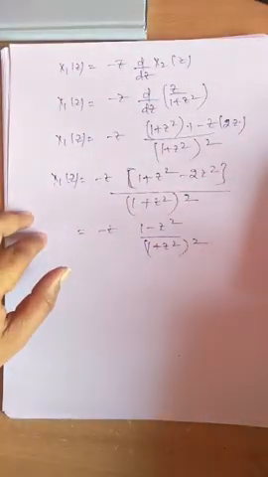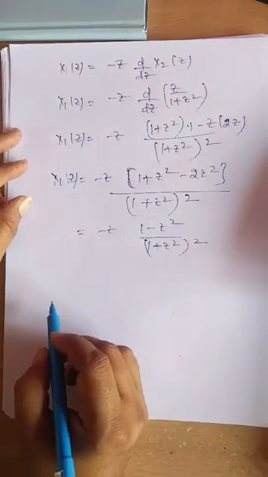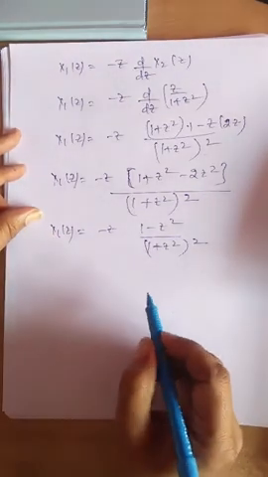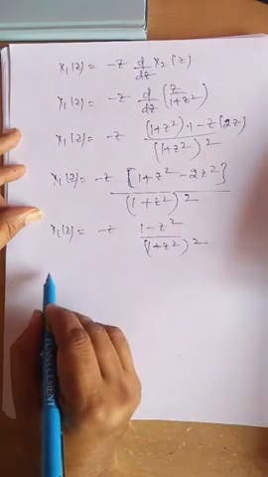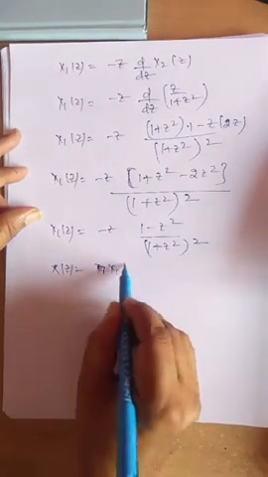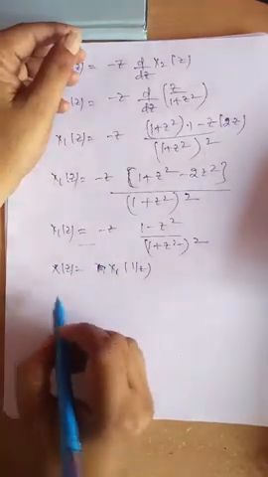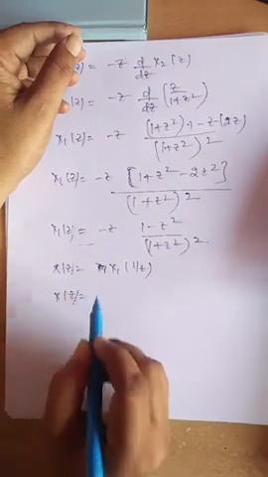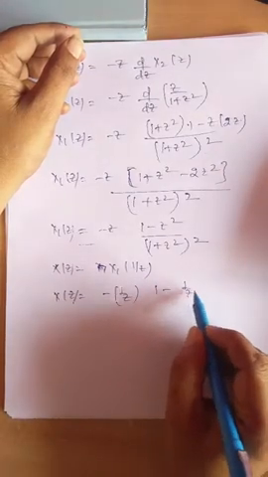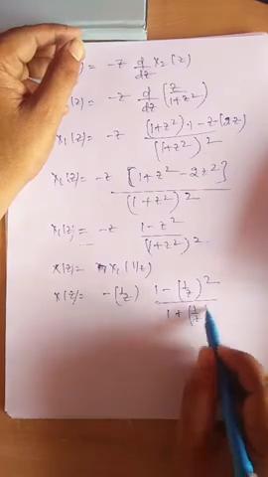Then what is X of z here? X of z is X1 of 1 by z. That is, X of z is equal to X1 of 1 by z. In this X1 of z, wherever z is there, we replace it by 1 by z. We will get X of z is equal to minus 1 by z, 1 minus 1 by z, its whole square, divided by 1 plus 1 by z, its whole square,